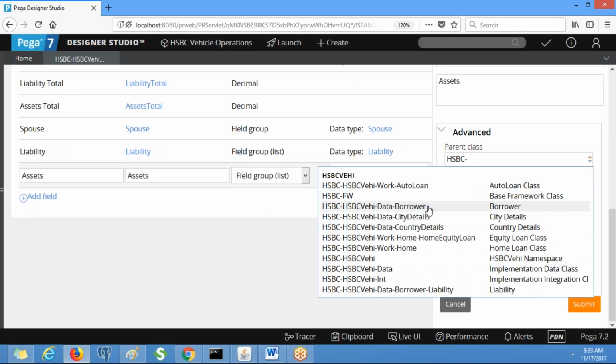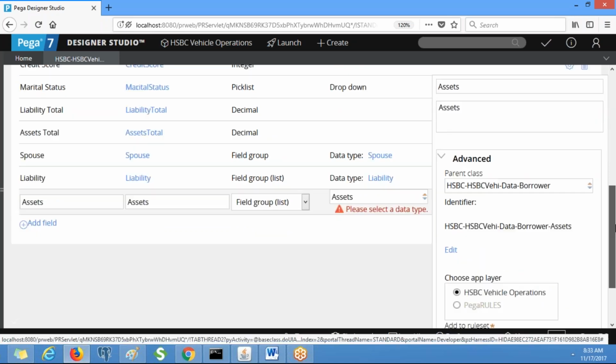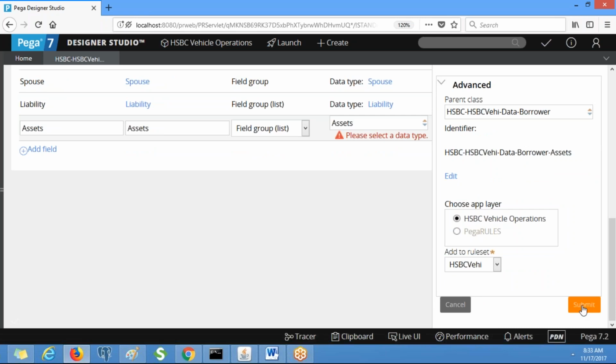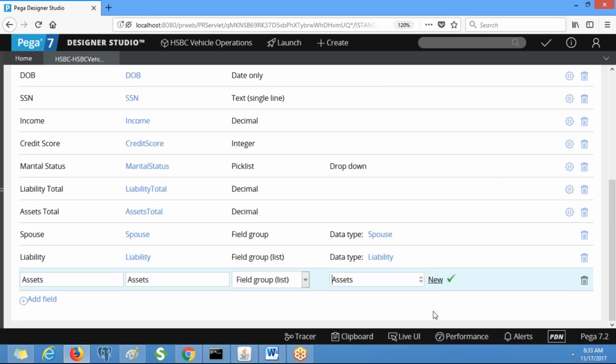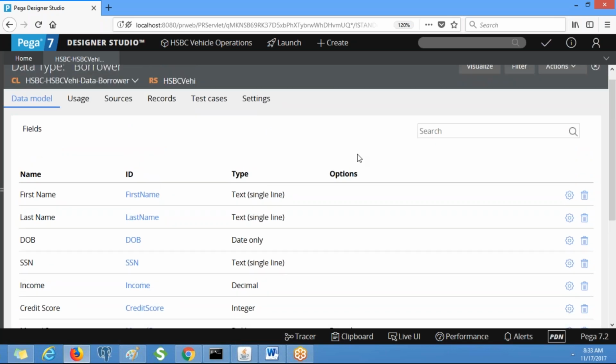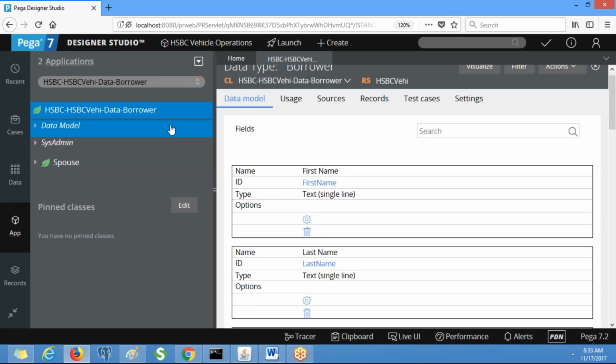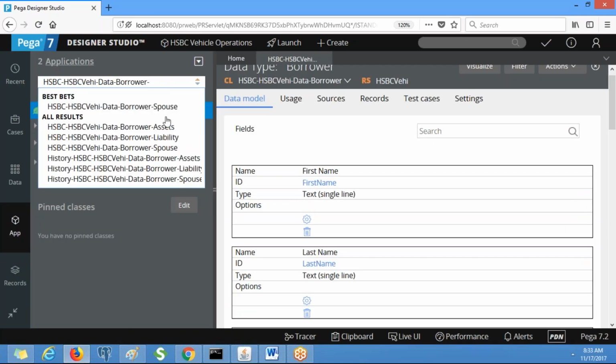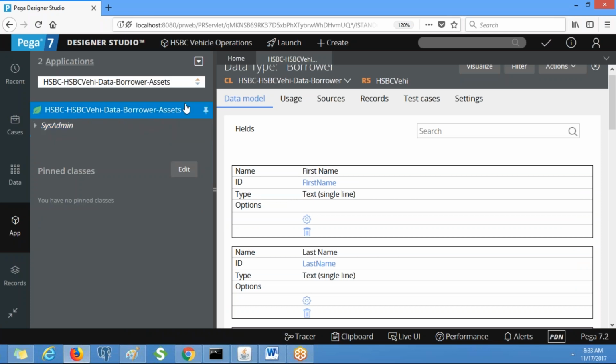Borrower only. Clear? Now we have two page list properties under the borrower class: assets and one more is liability.